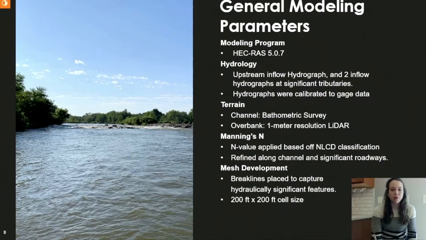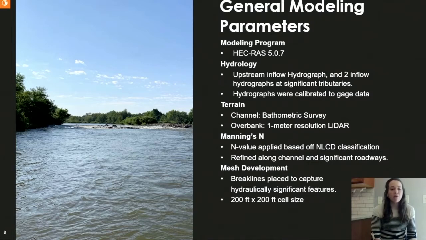First, I'm going to go through the main modeling parameters used to develop this 2D model. HEC-RAS 5.0.7 was used for this model. Flow was introduced into the model at 3 different boundary conditions: an upstream inflow hydrograph for the Payette River and at 2 significant tributaries which confluence with the Payette River along the modeled reach. The 2D domain was extended up the tributaries so flow could be introduced upstream of the tributaries' confluence with the Payette River. All 3 hydrographs were temporally adjusted so the modeled flow at the downstream extent matched the gauge analysis